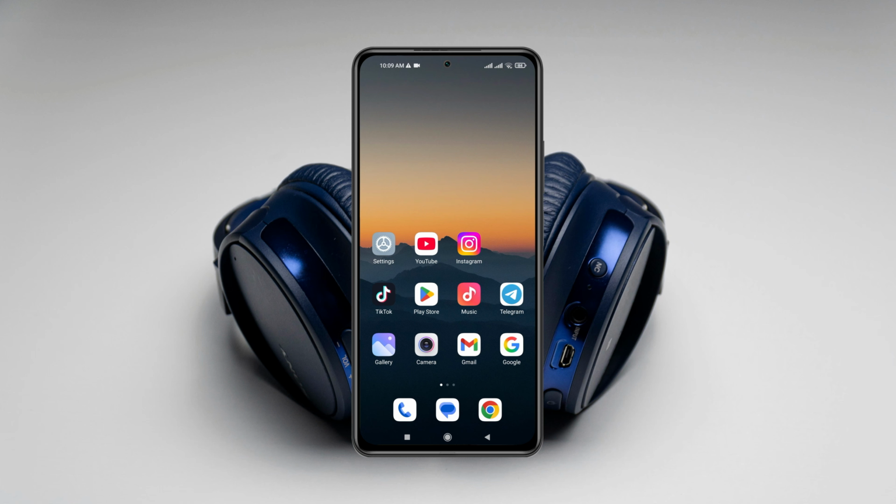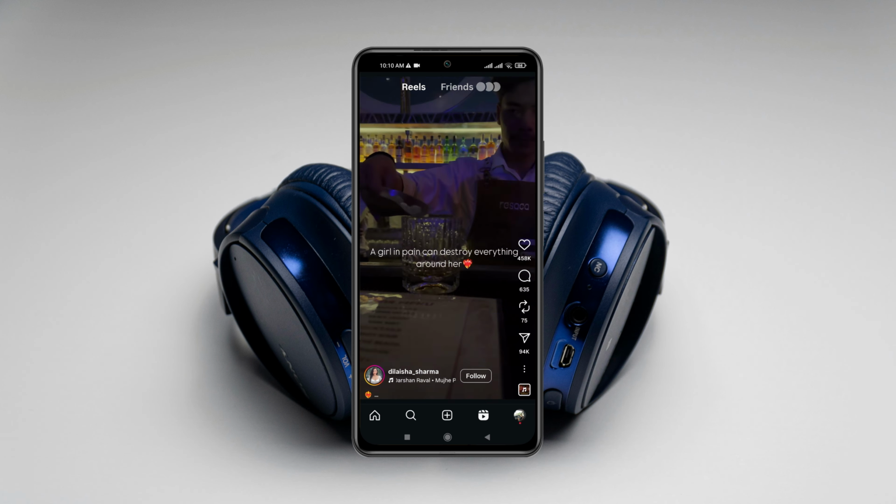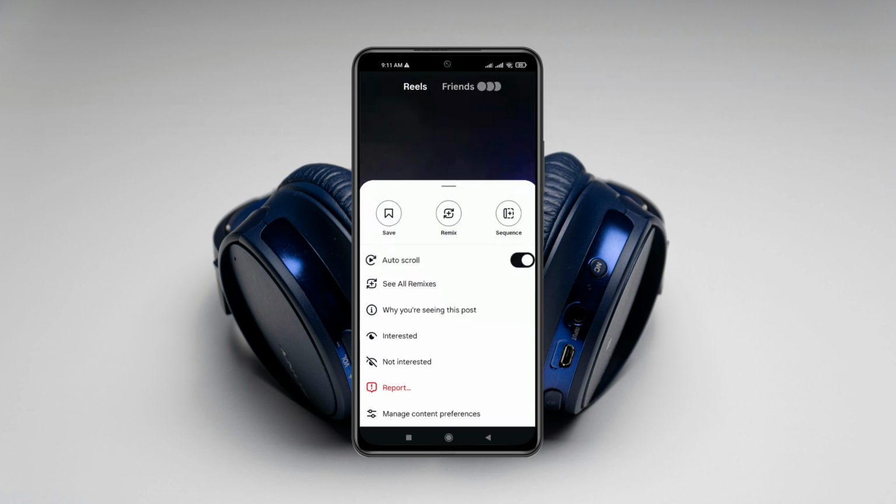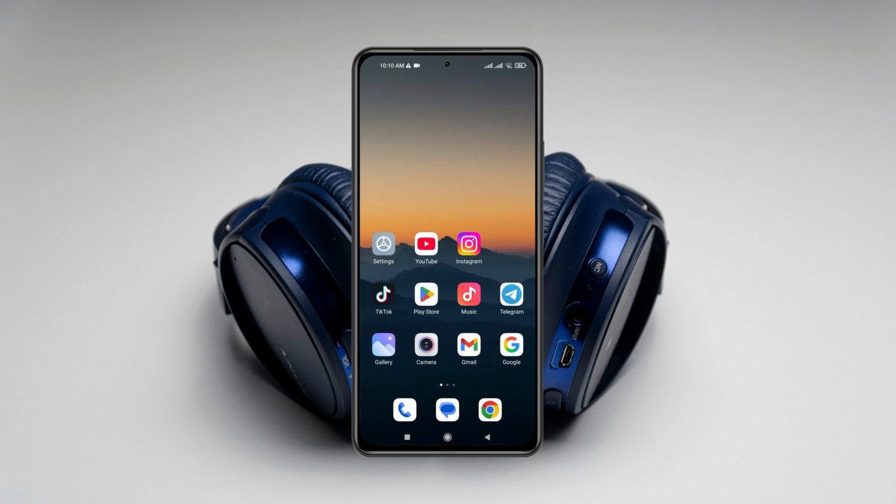In this video, I'll show you how to fix auto scroll not showing on Instagram. If I go ahead and open up Instagram from my device and go to the Reels section, in the Reels you'll get to see the three-dot line. If I tap on here, you'll get to see it's showing the auto scroll. If you enable this feature, your feed or video will be automatically scrolling one after one. But if you're not getting this option, then here's how you can fix it and get this option on your Instagram